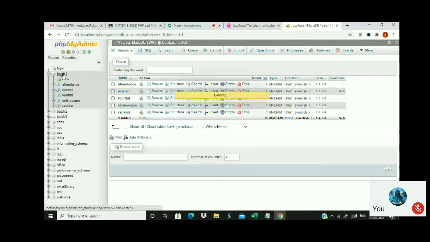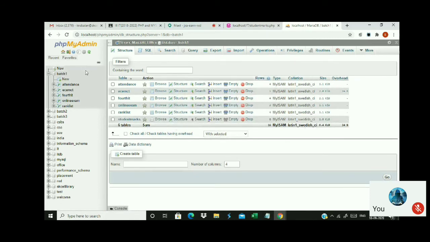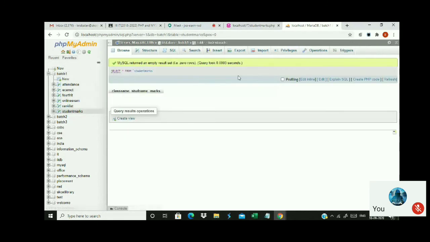In batch 1, I refresh it. Now you can see in batch 1 there is a table created called student marks, consisting of class name, student name, and marks. It verifies whether the table does not exist, and if false, it has created it. So one part is already done.